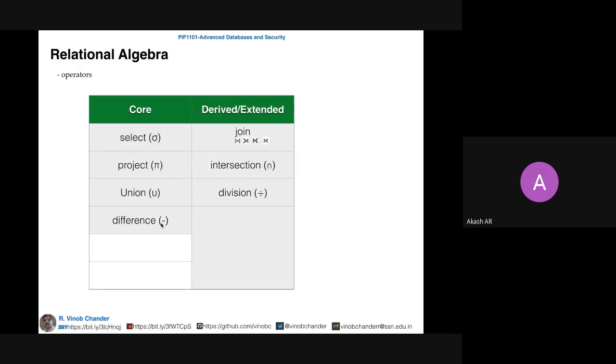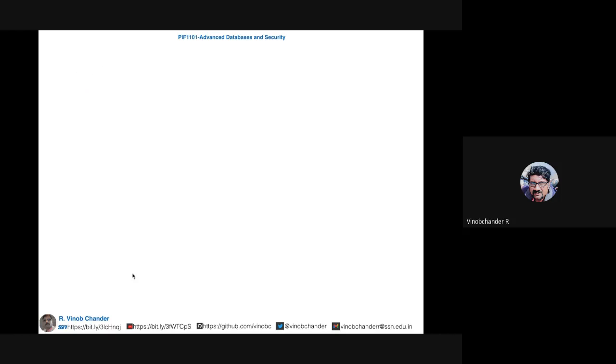Yes, sir. So let us now get started with the select operator and see what the select operator is essentially. There is also a product operator specified using X, and a rename operator that is used to rename a relation, specified using rho. All right, so let us get started with the select operator.